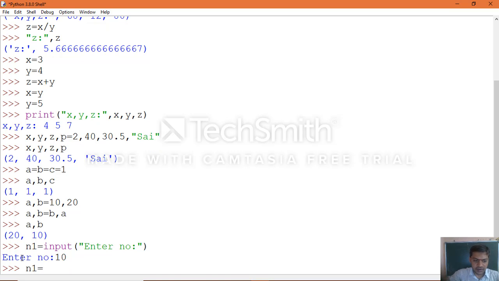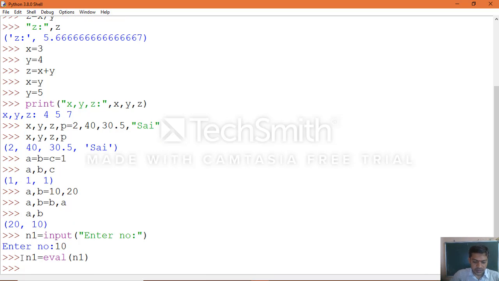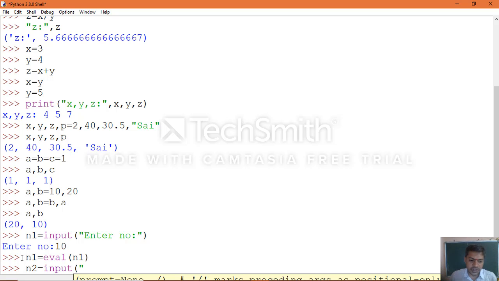Then n1 again, where we change that string value to integer. In the same way, n2 = input is a predefined function which you can make use of to read the input value from the user through the keyboard.